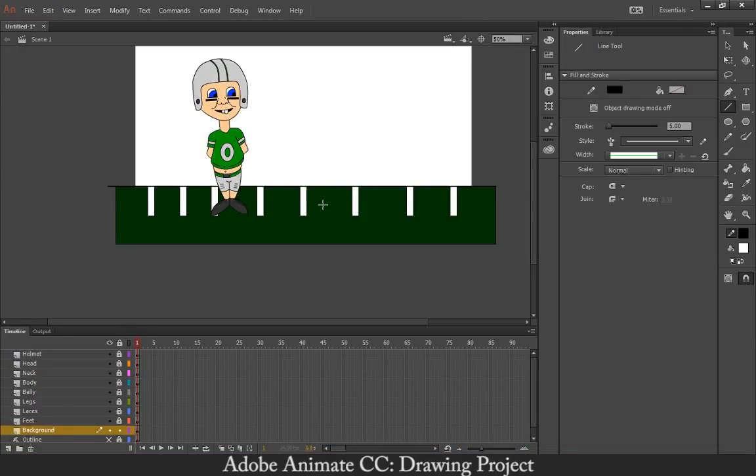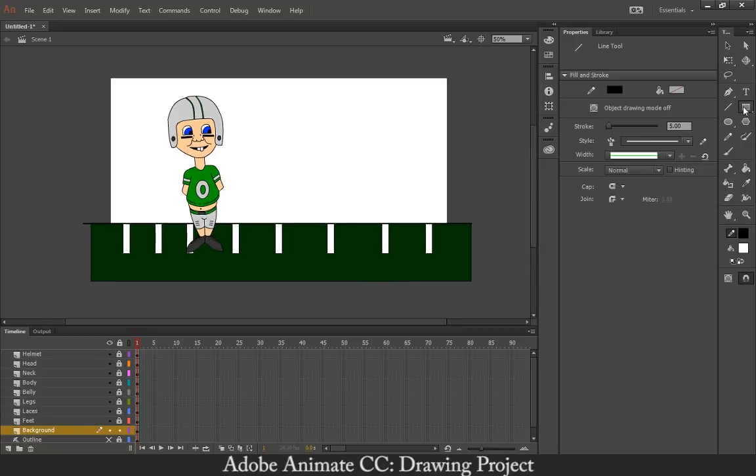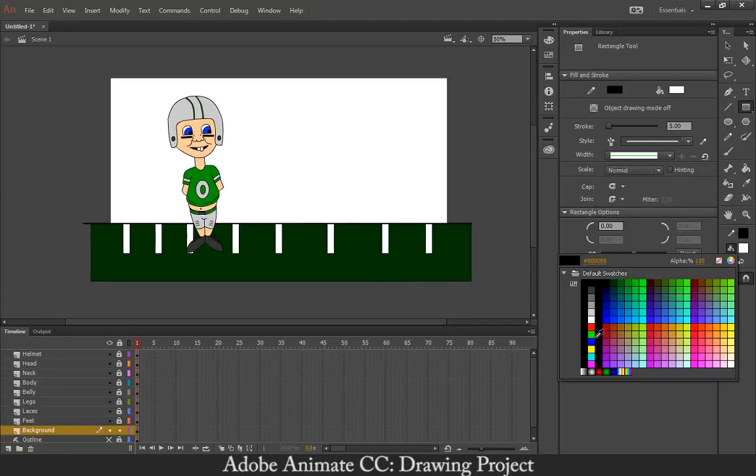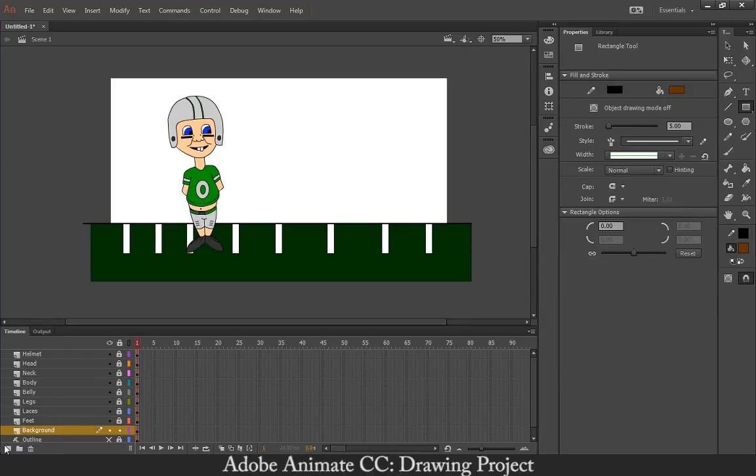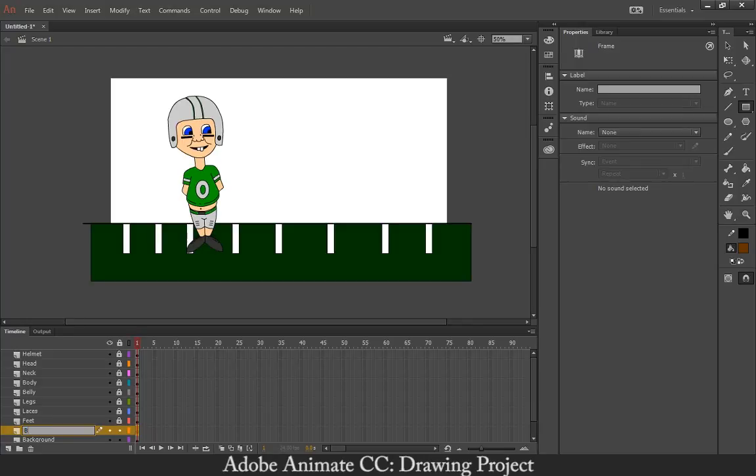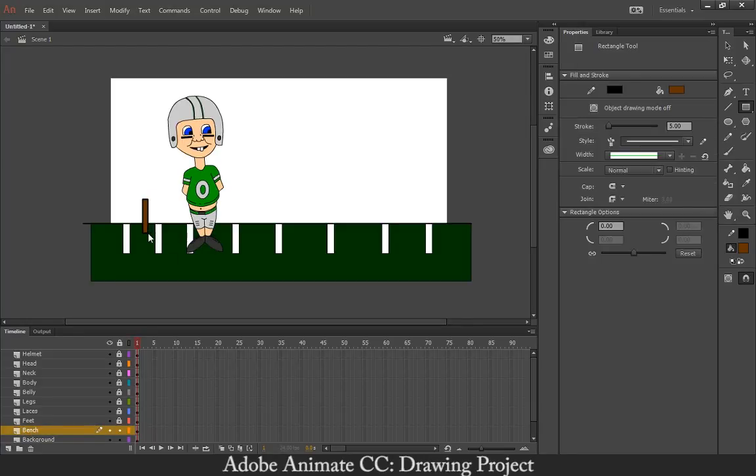Again, I can do whatever I want in the background. I could add a bench, and I'm going to do that just using the rectangle tool, and I'm going to select a brownish color, and I'm going to create a new layer. I'll call this bench, and then